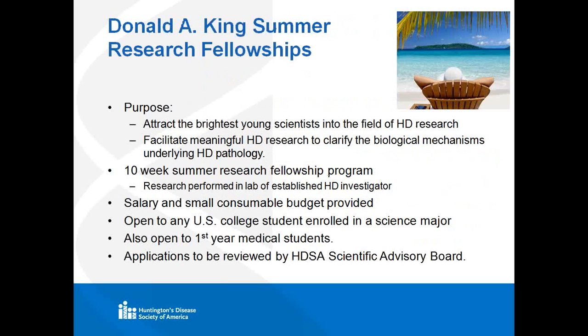Another effort that you've probably all are well aware of is our Don King Summer Research Fellowships. These are given out each spring to support young students during the course of a 10-week summer research experience at a university or medical center in America. We provide salary and a small consumable budget to each recipient. It's open to any U.S. college student enrolled in a science major. It's also open to first-year medical students. And in the next 2 months, we will be announcing and having our call for proposals for the 2014 Don